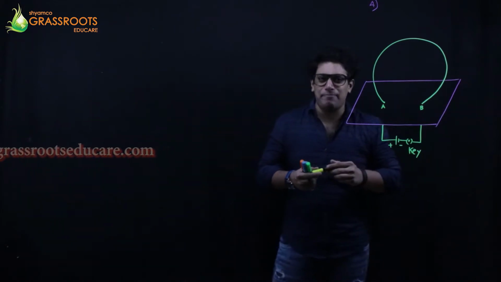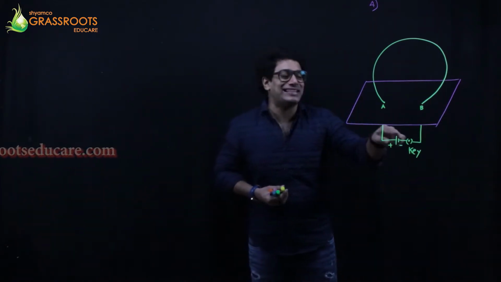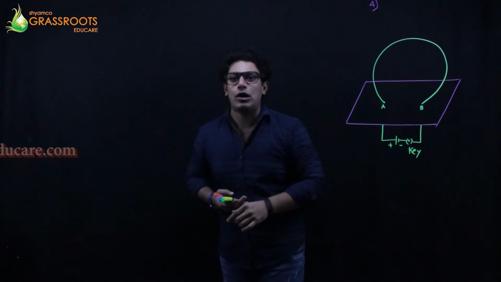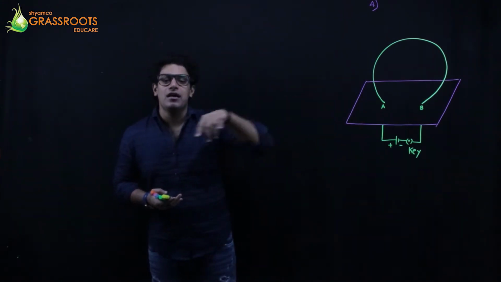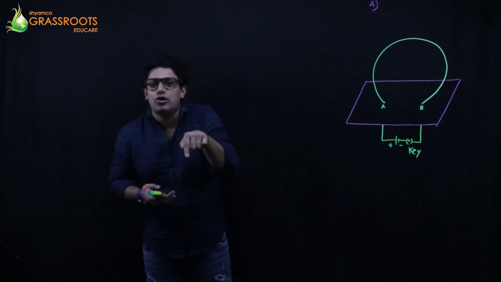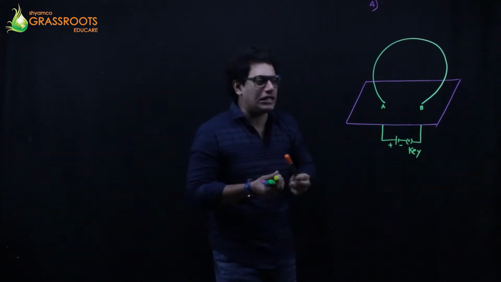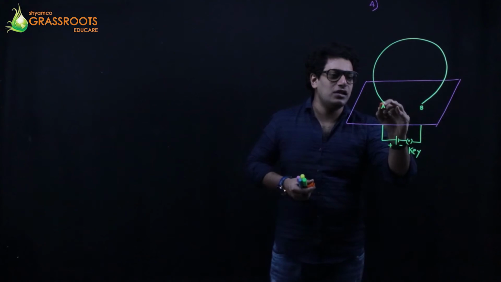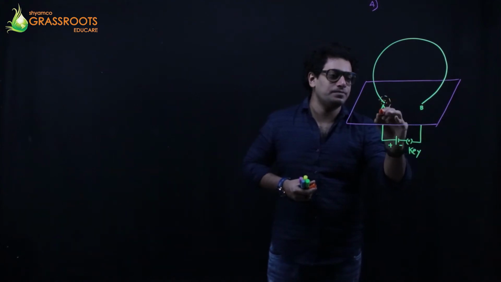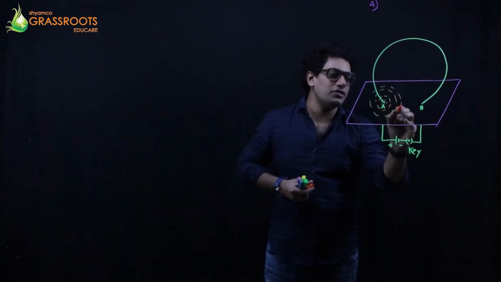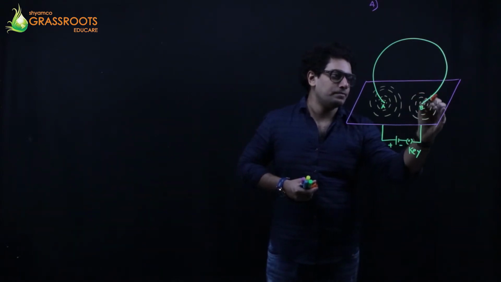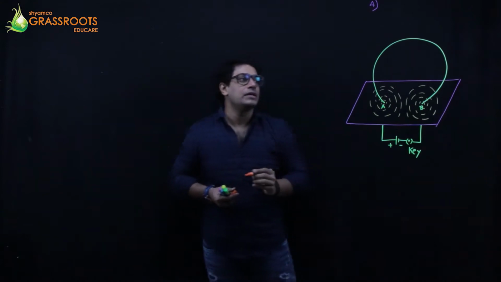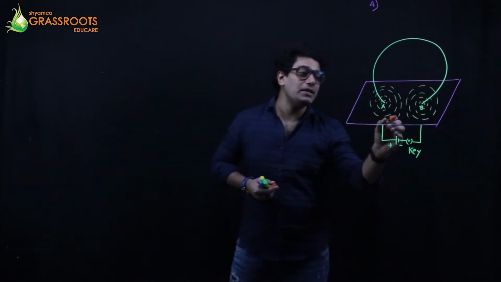Okay, now you know what happens whenever you switch on the key. जब key को मैं on करता हूँ, तो iron filings जो है ना, they will arrange themselves in the concentric circles. बराबर है क्या? The iron filings will arrange themselves in the concentric circles. Same out here. This is what we see. Okay, not only this, there are many more things.